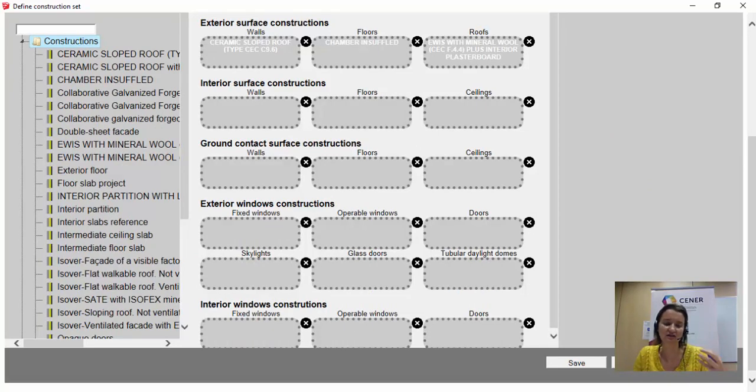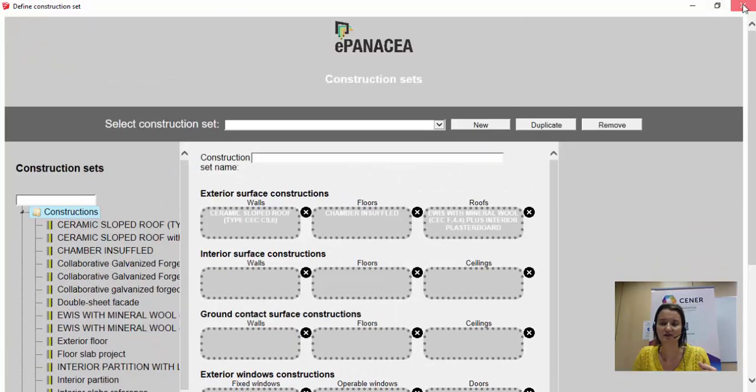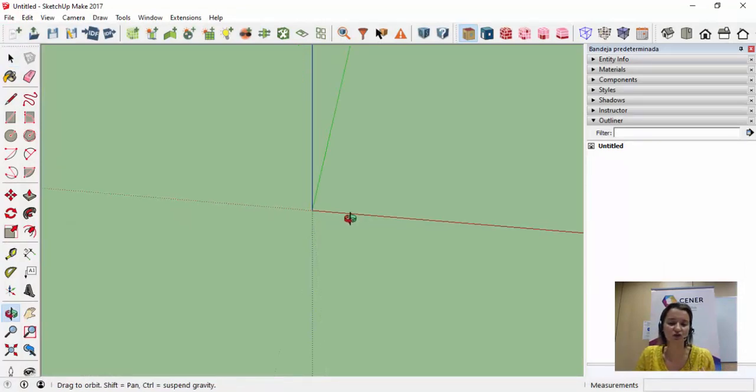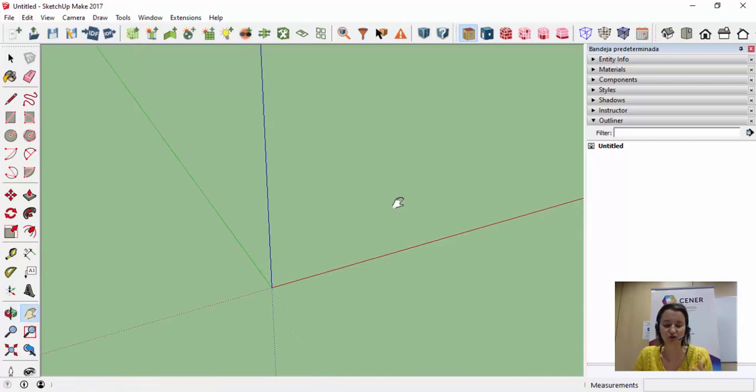You only need time, but it's not difficult to develop this step. In this case, we are going to use the default construction set and the default construction systems in order to develop the model